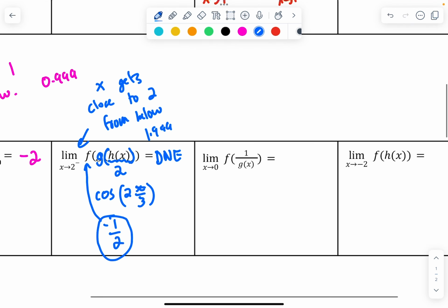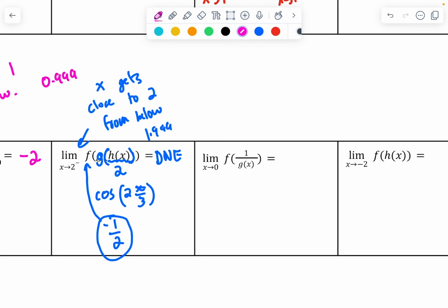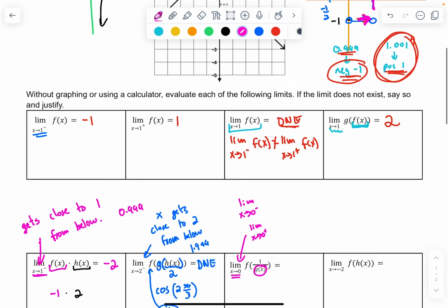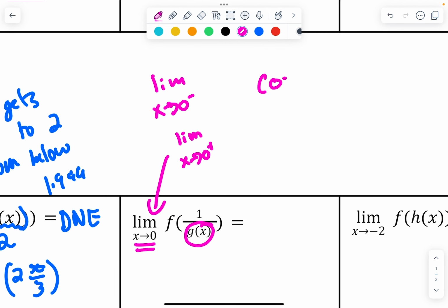In our next example, we're going to look at limit as x approaches 0 of f of 1 over g of x. So x approaches 0. That means we have to consider limit as x approaches 0 from below or from the left, and limit as x approaches 0 from above. And it starts with this g of x. So we're going to look at the function g of x. G of x is cosine of pi over 3x. As we get really close to cosine of 0,